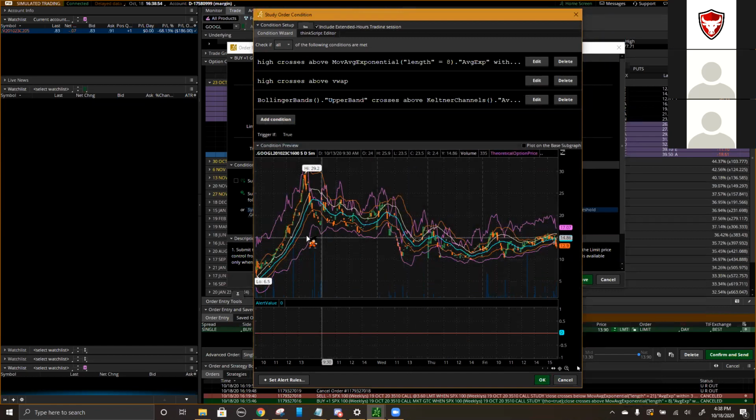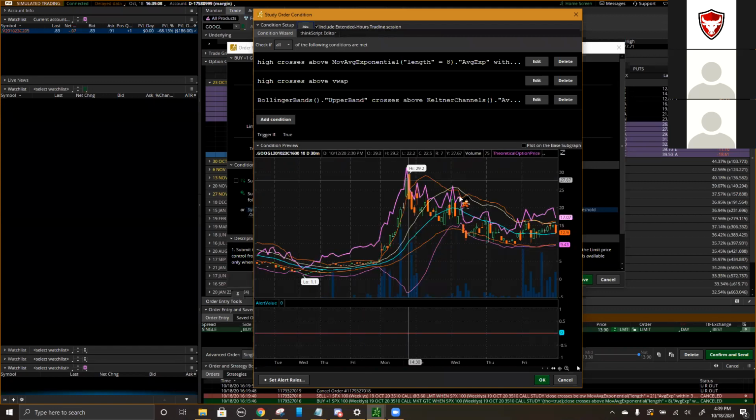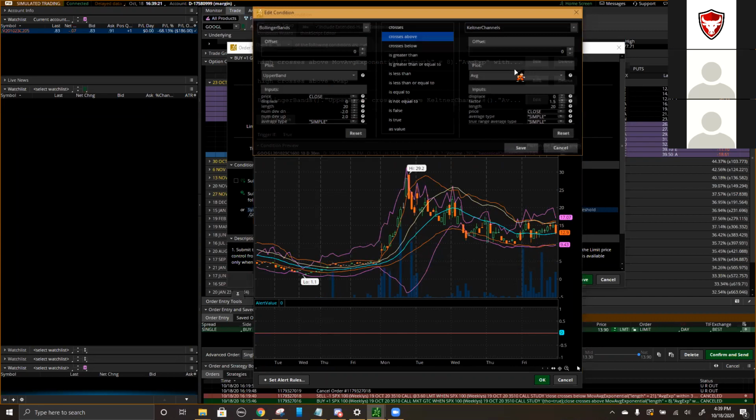Okay, so this at least can be a little chaotic on an options chart and on a smaller time frame. Let's just, for the hell of it, bump up to the 30-minute. Here we go. So we've got our Bollinger Bands squeezing here, and the upper crossing above the, oh, I think